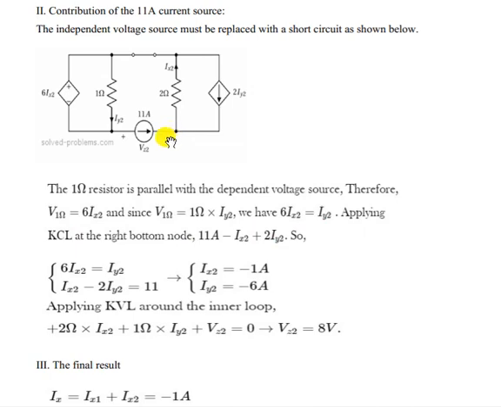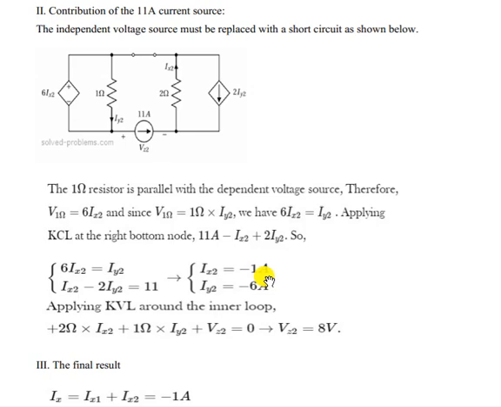What we can write is that 11 ampere current is entering, and 2 Iy2 current is entering, so those two are plus, and this current Ix2 is leaving, so minus Ix2 equal to 0. So we can rearrange this way and we get one expression here. Using that we can solve it, we can get Ix2 and Iy2 values.